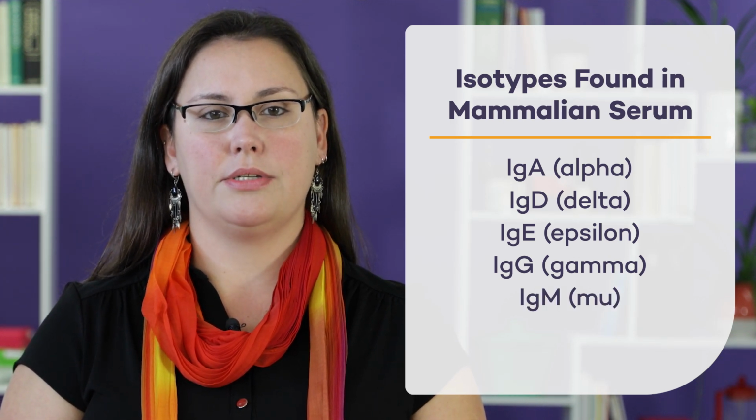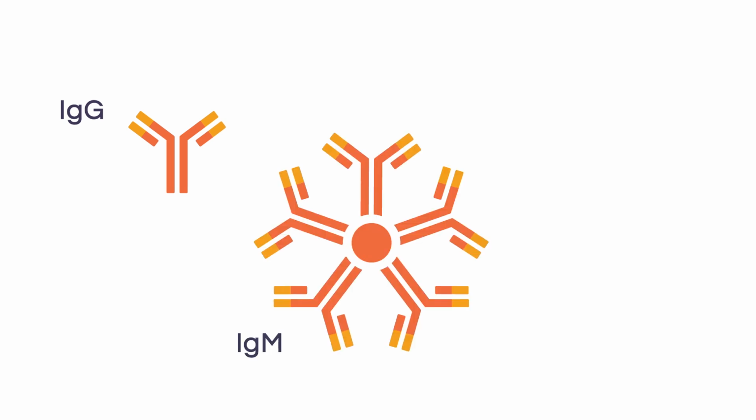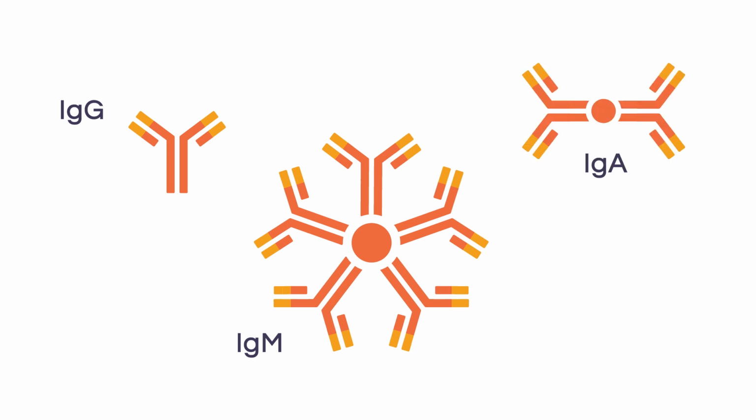Each one of those isotypes is present in different parts of our body, and they have different roles in the immune response. IgG is the most common form of immunoglobulin, and it's correlated with resistance to an infection, while IgM is correlated with an active infection. IgA is commonly found in mucus secretions as well as in milk, whereas IgE is commonly related to allergies, and IgD, which is the least abundant of the immunoglobulins, is typically associated with the IgM expression and is found in